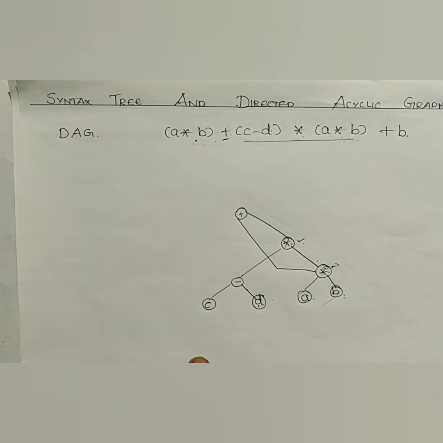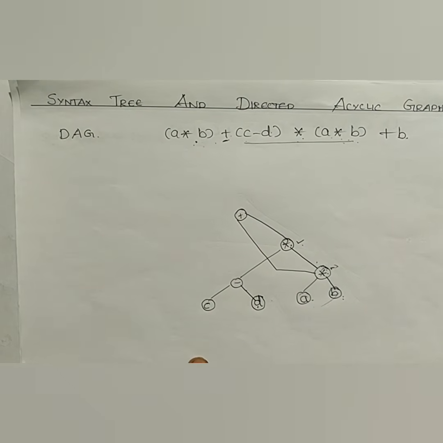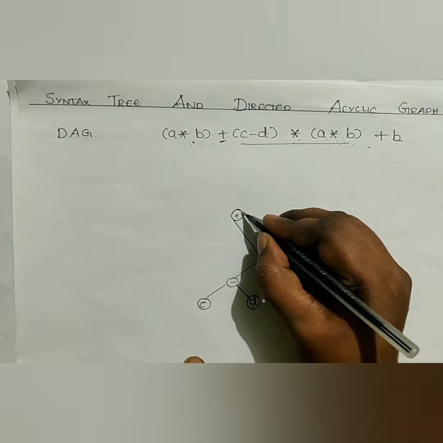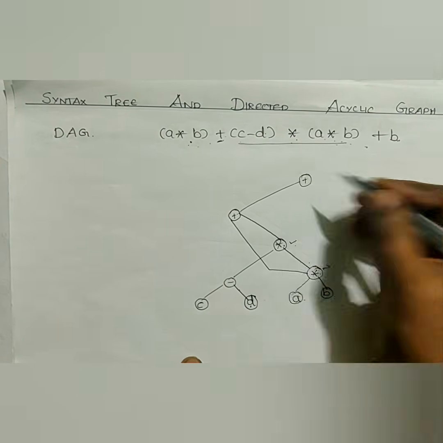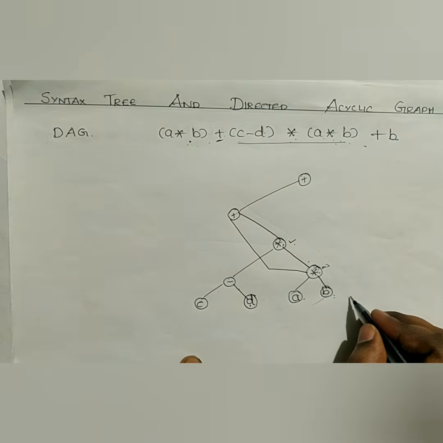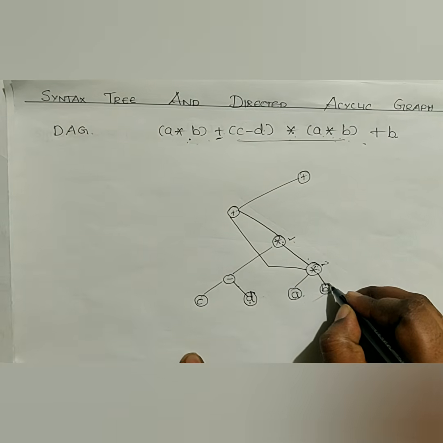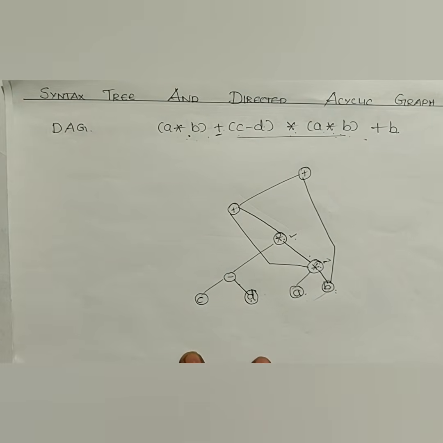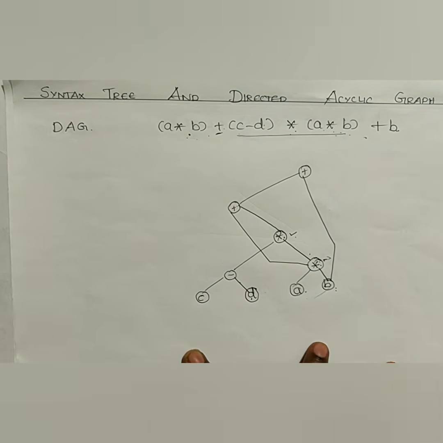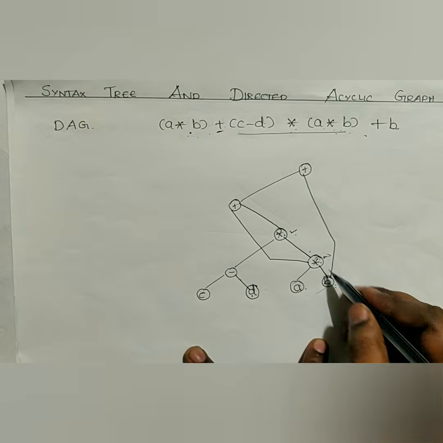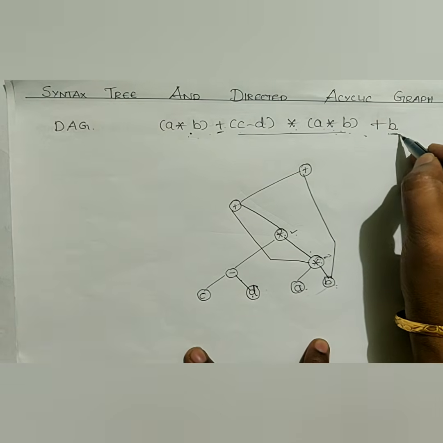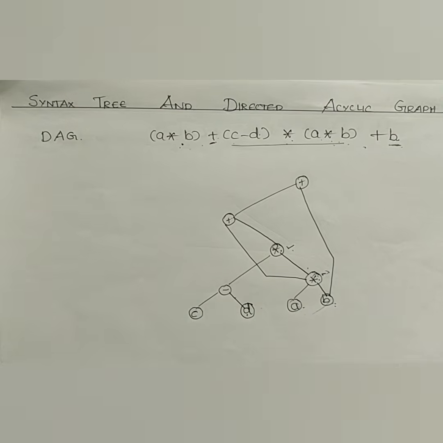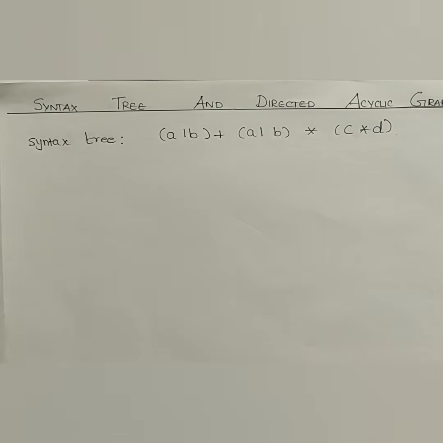So what I do here is connect this and this. Okay, now what is the last step? I have to add the entire result with B. So the entire result is stored here, right? Now do I have to draw B again? No, I have to utilize the same B. So I am doing this. If you compare this syntax tree and directed acyclic graph, we have not repeated the structure A star B and we have not repeated the variable B. So it might be a little bit confusing to you. I will explain one more example so it will make things clear.